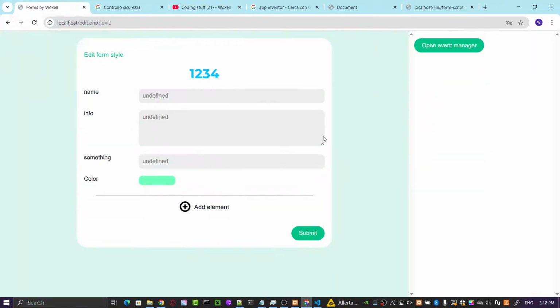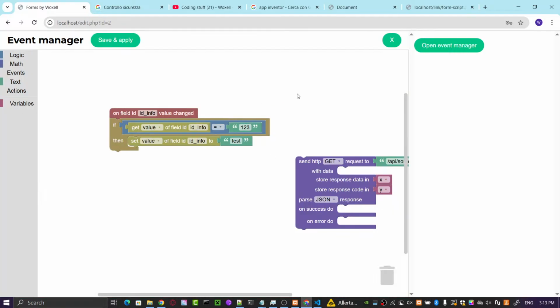I spent like one or two weeks to understand the Blockly library and to create this kind of stuff here.